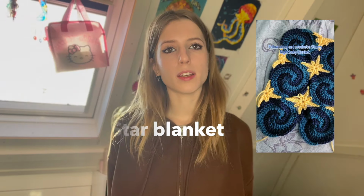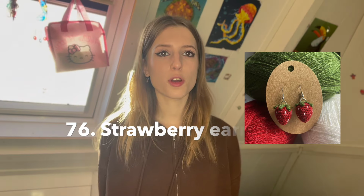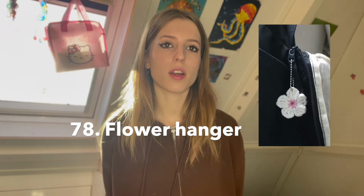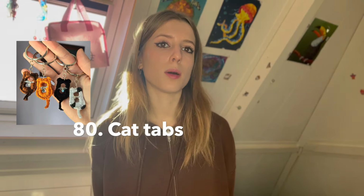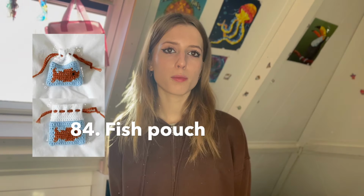skirt, a star blanket, spiderweb gloves, a little painting, a leaf beanie, a Botsmaru phone case, flower clips, a flower pillow, ghost earrings, a creeper scarf, a bell pouch for DS cartridges, strawberry earrings, frames, a flower hanger, a banana bottle holder, cat taps, a Hello Kitty bikini, a hibiscus bag, an album cover tapestry, a fish pouch, a cassette